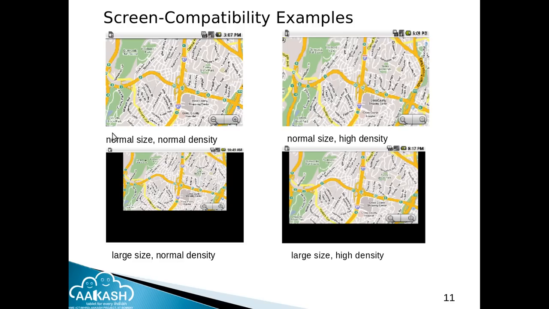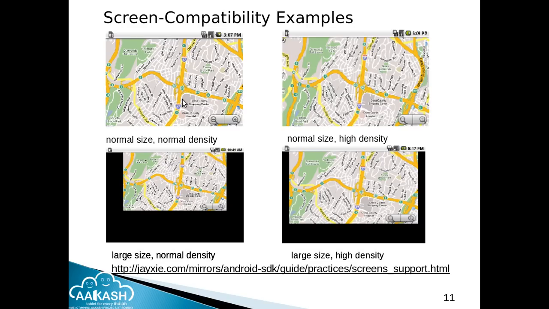In large size, the layout size is larger, so the image does not completely fit the screen. In normal size, the image will be able to fit the screen because of the normal size, or size less than the large size. For more explanation, you can go to this link.